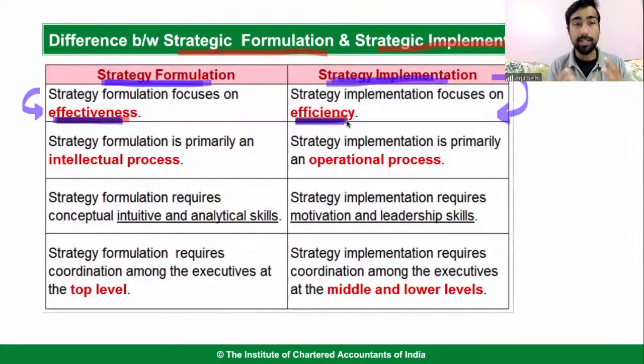But think about this. Strategy formulation talks about effectiveness. When I talk about effectiveness, to do the right thing, it calls for an intellectual process. इसमें दिमाग लगता है, right? Strategy formulation is more of an intellectual process where you have to develop a thought process. You have to take decisions. You have to work on your thought process, your mindset, changing your thinking through, analytical stuff चाहिए.